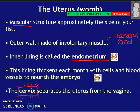So I think we had this: involuntary muscle, endometrium, thickens with cells and blood vessels to nourish, and then we have...